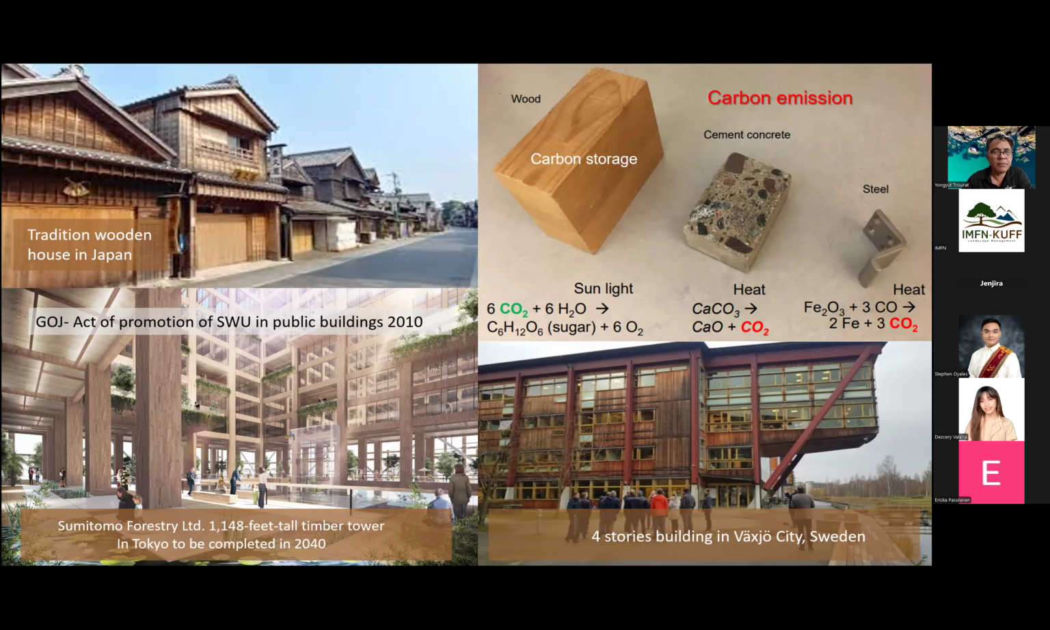Previously, they enforced that government buildings must use wood for construction at least 8%. Right now they have increased it to 13% in government buildings. And the private company Sumitomo will use innovative technology to increase the strength and durability of the wood, and they are aiming to build a 40-floor building in Tokyo, and this project will be completed in